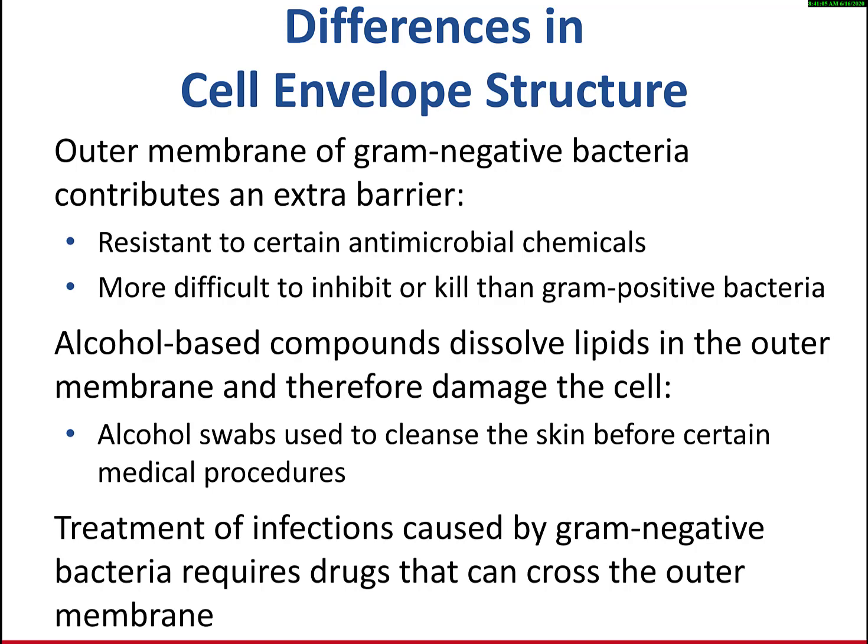The cell envelope structure, the outer membrane of gram-negative bacteria contributes an extra barrier. Of course it does. Resistance to certain antimicrobial chemicals, hey, it just doesn't transport them in. I mean, tough tools. If it doesn't have a way to transport it, it's not going to happen. More difficult to inhibit or kill than gram-positive bacteria because it's very selective. It's sort of a gated community, I guess you could say, where it doesn't allow very much through it, where in the gram positives, it's just sort of a barrier, but there's no real smartness in terms of what it